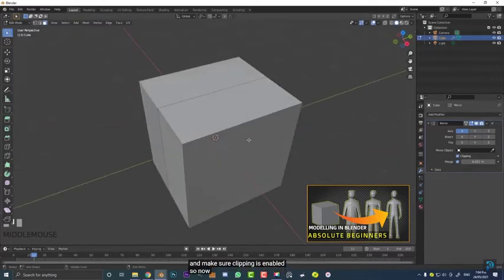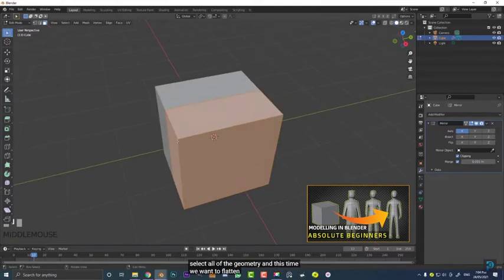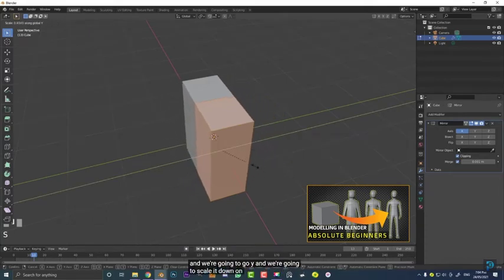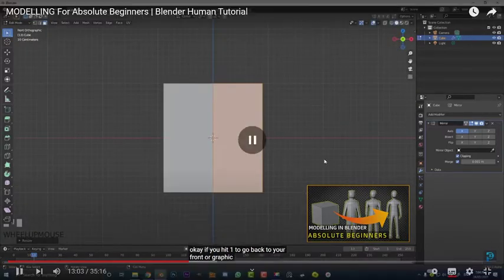So now what we can do is hit A again to select all of the geometry, and this time we want to flatten it but on the Y axis, this one over here. So what we're going to do is hit S to scale, and go Y, and scale it down on the Y to flatten it. So about this much. Okay, if you hit 1 to go back to your front orthographic